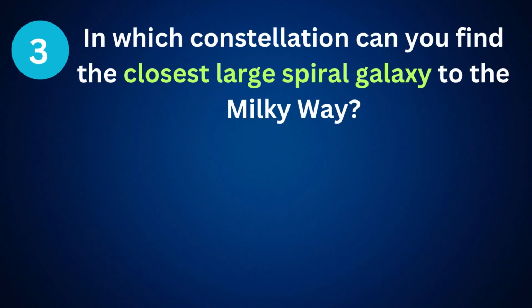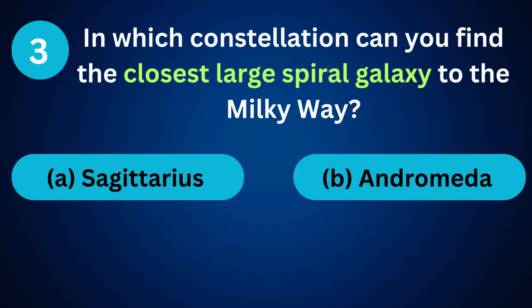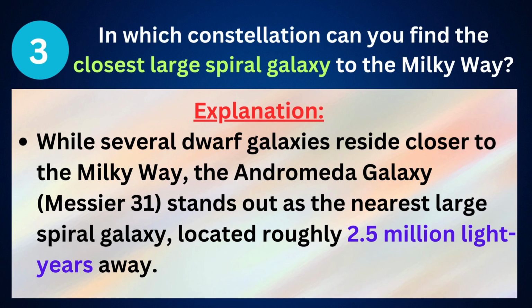Question 3. In which constellation can you find the closest large spiral galaxy to the Milky Way? A. Sagittarius. B. Andromeda. C. Ursa Major. D. Orion. Answer: B. Andromeda. Explanation. While several dwarf galaxies reside closer to the Milky Way, the Andromeda Galaxy, Messier 31, stands out as